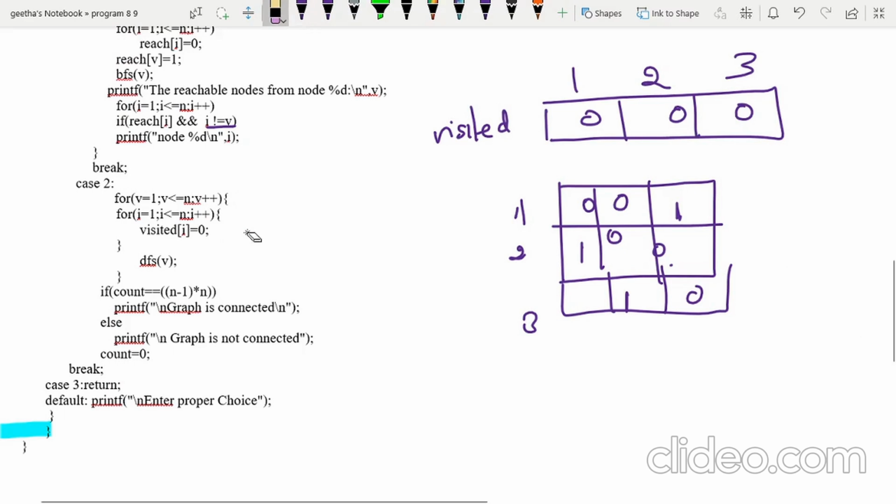Then I am going to check from 1 whether 1 to 3 is reachable, and similarly for 2, whether all these are visited or not. So I am going to create visited of I for all the vertices. That's why this for loop.